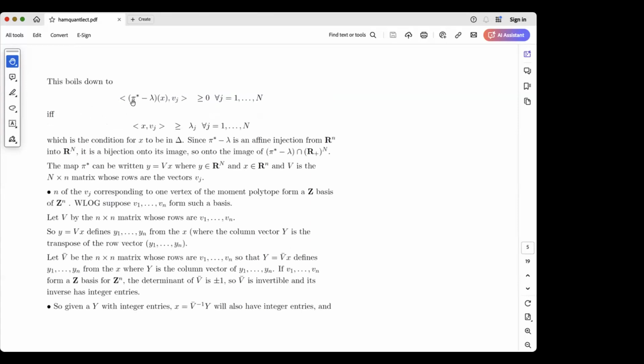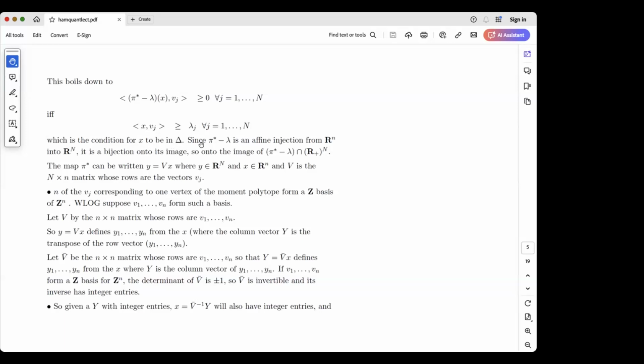This boils down to the inner product of pi star minus lambda of x with v_j being greater than or equal to 0 for all j equals 1 up to N. This happens if and only if the inner product of x with v_j is bigger than or equal to lambda_j, and that is true for all j equals 1 up to N. This is the condition for x to be in